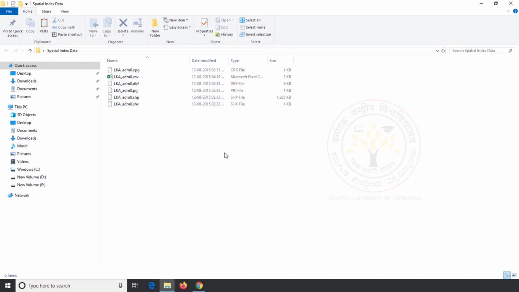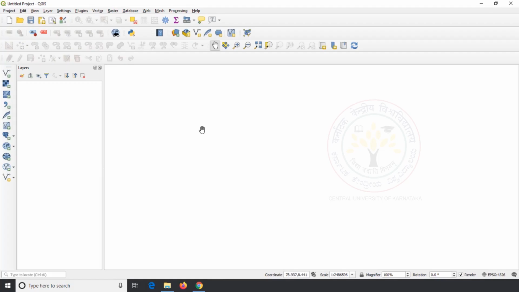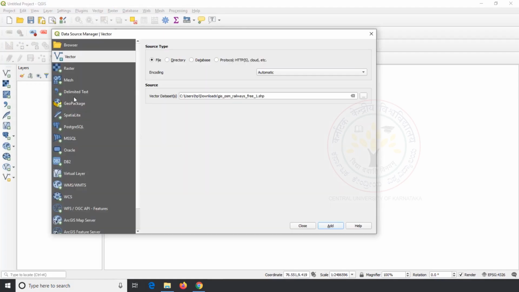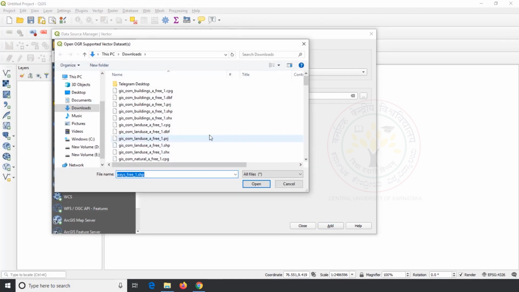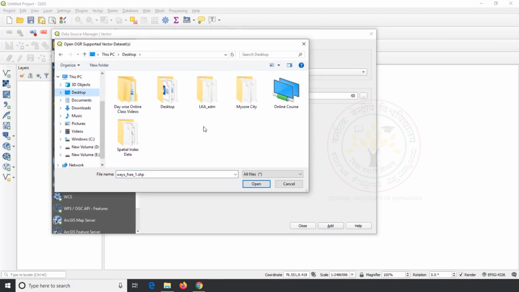Look at the number of files we have in the folder. In total we have 6 files that make up a single shapefile. We will run the tool using this data as input and see the files in the folder.